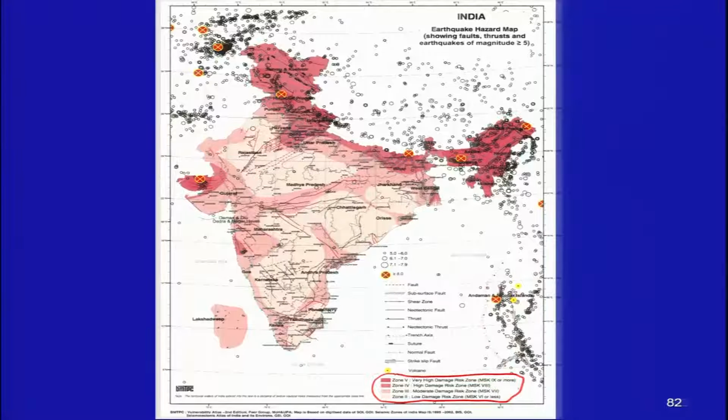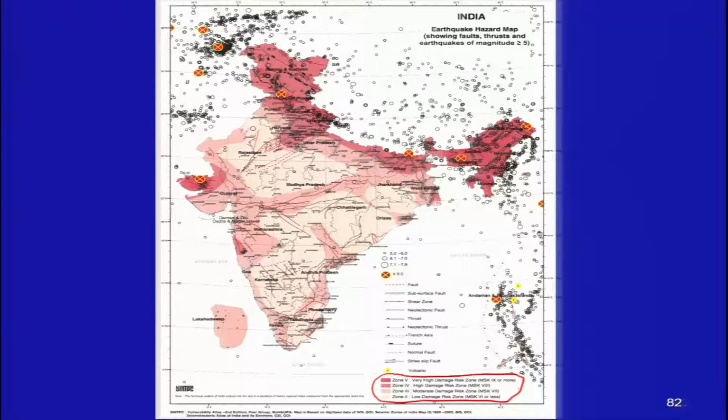So, you have the variation which goes for this side. And why is this in zone 5? Because there are historical earthquakes which have been recorded from this region. In 1668, there was a big earthquake, and then in 1819, there was a big earthquake. In 1956, there was a large magnitude earthquake, of course, but not as large as what we experienced in 2001, the Bhuj